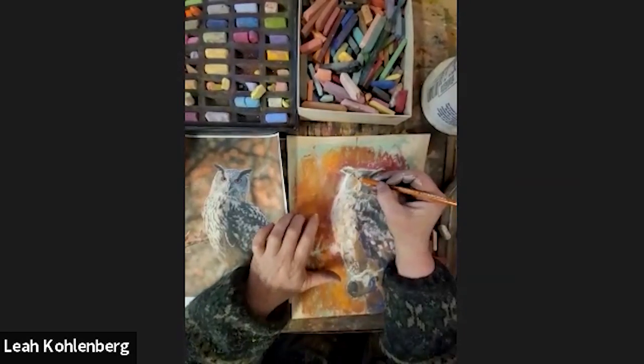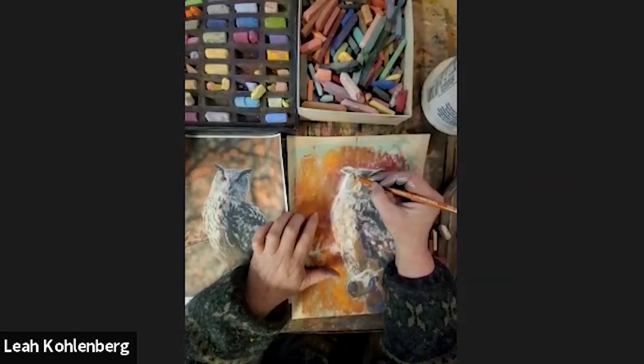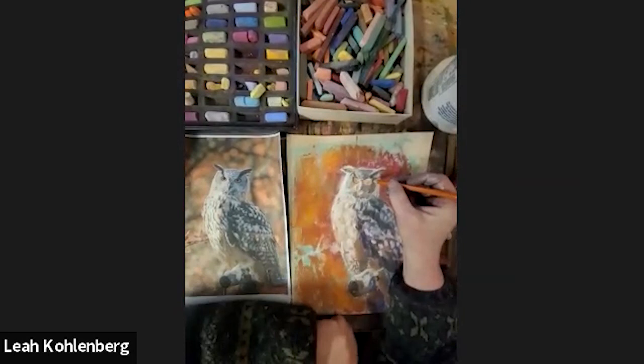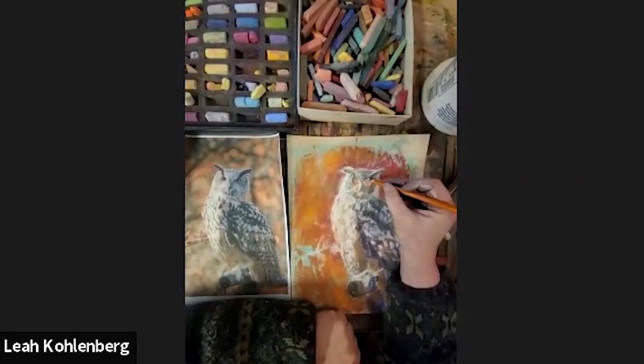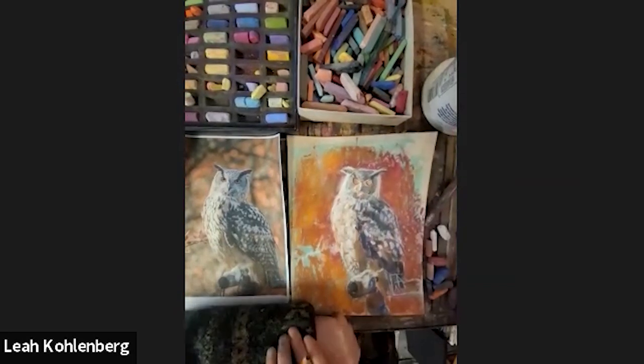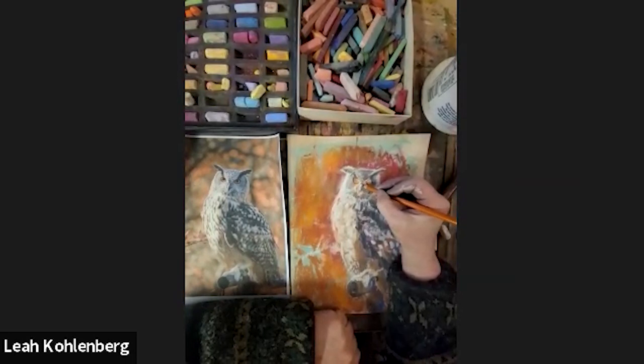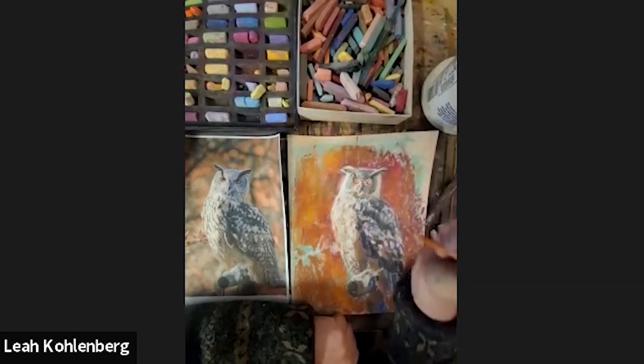I do feel at this point that I'm able to start sketching the eyes in. So I'm using a charcoal pencil. Get that outer shape, and that's because there's this beautiful dark, there we go, and I might even use it a little bit on the,